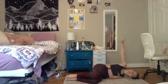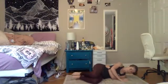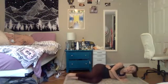We're going to plant our right hand right by our shoulder, fingers nice and spread out, and we're going to be only using this to lift our upper body up off the mat. So planting that hand on the ground, you're just going to lift yourself up and then lower down. Good. So that's 1,